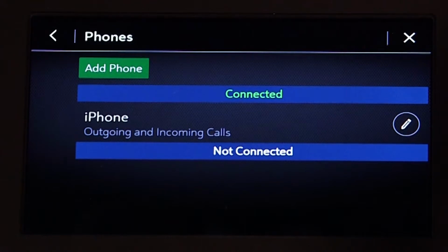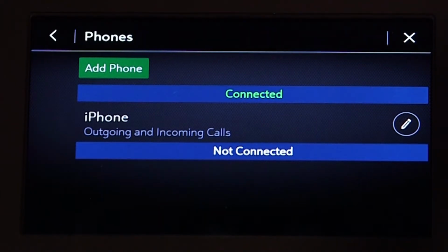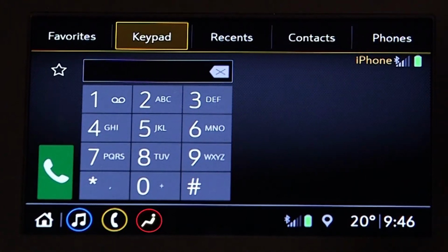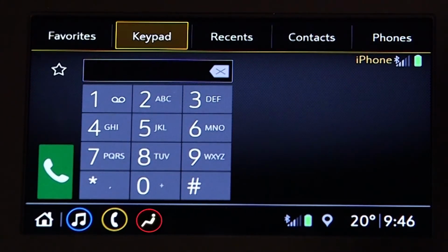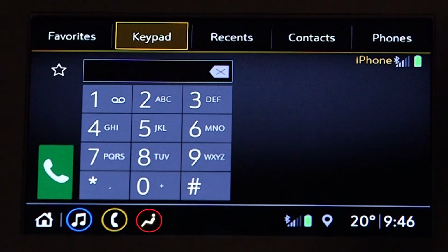If the vehicle does not appear on your mobile phone, there are a few ways to start the pairing process again. Turn your mobile phone off and then back on. Delete all instances of this pairing from your mobile device and the vehicle. Go back to the phone menu on the infotainment display and restart the pairing process. If these do not work, you can try resetting your mobile phone, but this step should be done as a